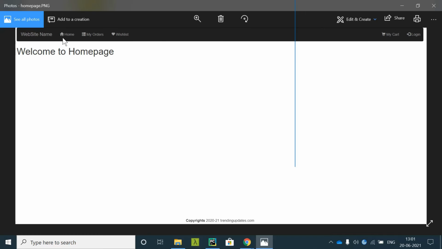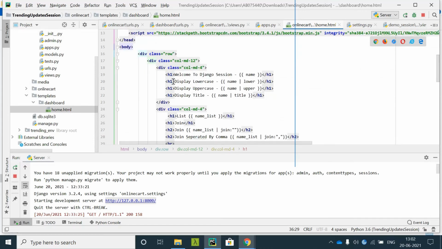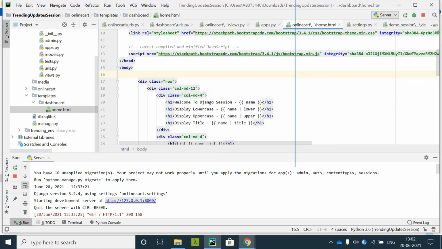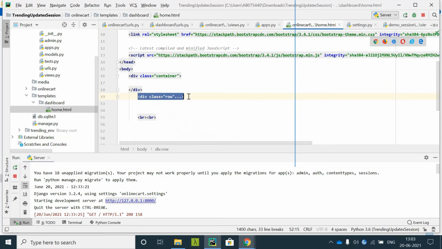And the home page will simply display the products available for selling, the vegetables that are available for selling. So this page should be displayed without having to log in to your account. This part also will be taken care of. We will also discuss the sign up and login part. First we will discuss how our Bootstrap will work, how our user interface will work. For this page itself, you can see there is a class called container. I'll tell you the difference. Container and container-fluid are two classes.